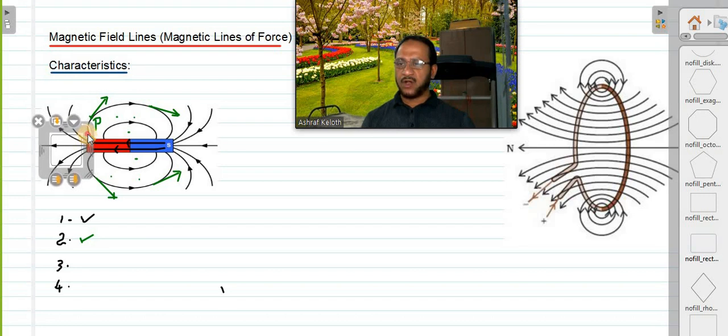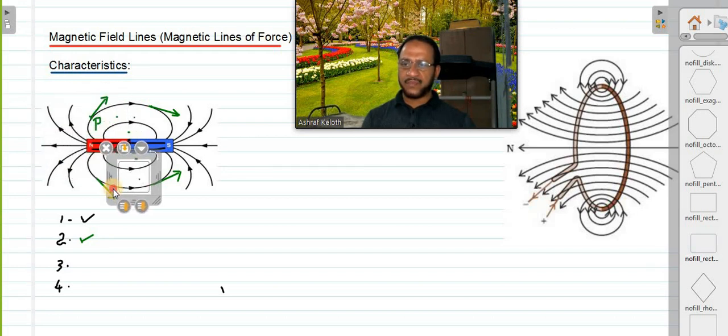The same unit area if I keep here, how many lines are passing through this one right now? Okay, 5 are passing. It means what? In this region, field is stronger. If more field lines are closely packed, that means field will be stronger. That is why in the previous experiment, you have seen at the north and south pole, there are more iron filings gathered, isn't it? So more iron filings are attracted towards north and south pole because north and south attraction is more. That is why here lines of force or field lines are more closely packed.